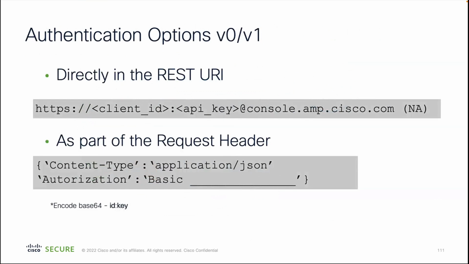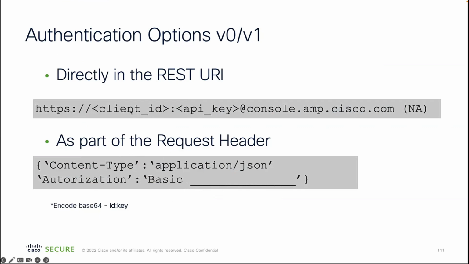For version 0 and version 1 API, the old API, let's call it that, there are two ways to authenticate. The best practice is to use a base64 encoded string in the authorization header when you create your API call,